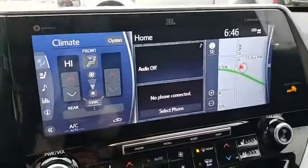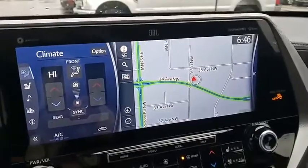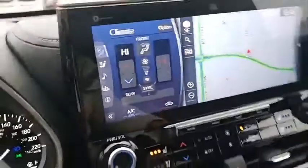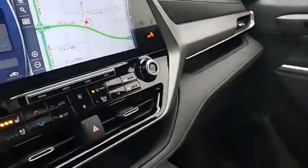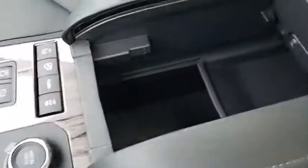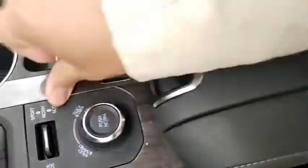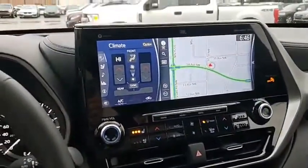For your navigation, you have this here. So a nice bigger screen for that one. Key wireless charging is over here. Extra storage is here. Now let's look naman in comparison dun sa Pilot. If you go sa Pilot naman,